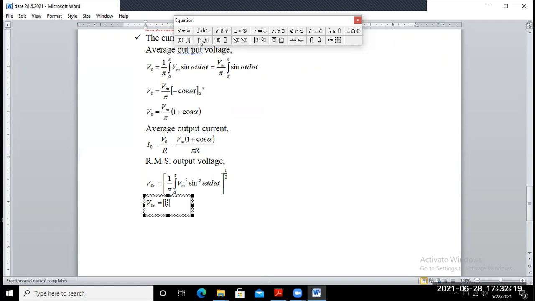Okay, so Vm square by pi, integration of alpha to pi,